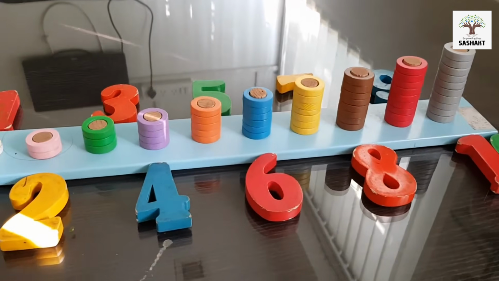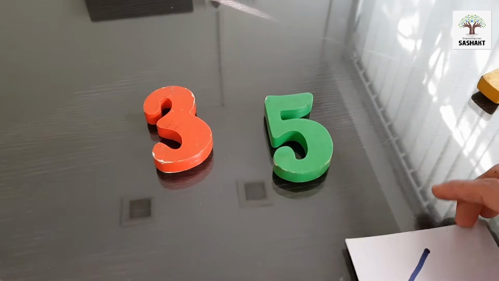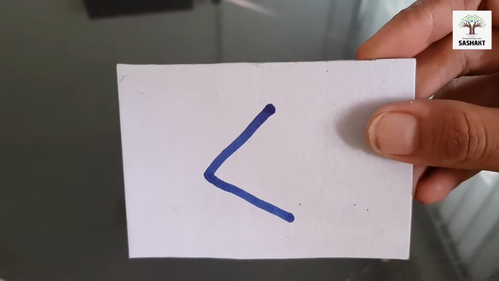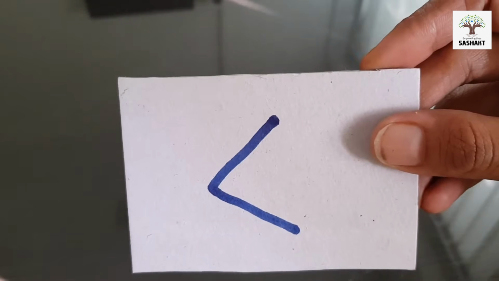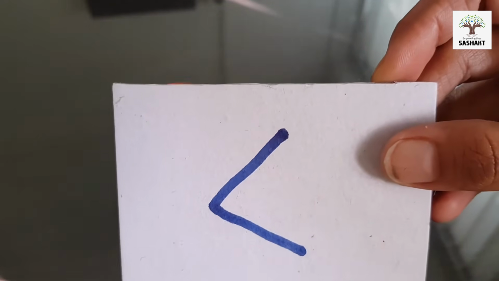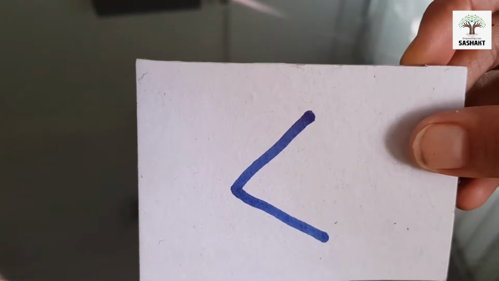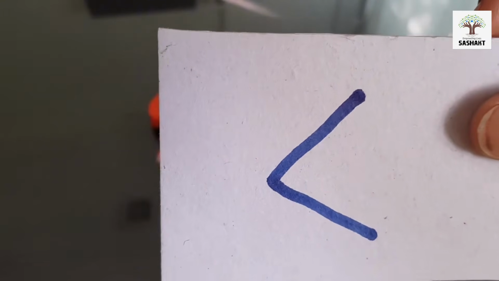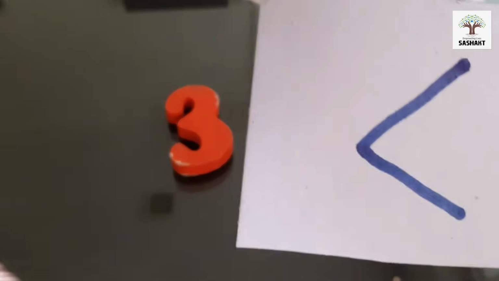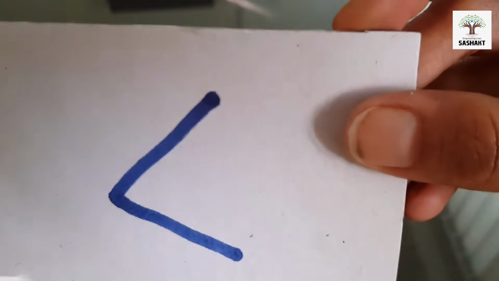And then from here the next step, as I said, is you will introduce this sign. Now this sign can be done very interestingly, that I like to call it Ali the crocodile or Ali the alligator. So the crocodile has got his mouth wide open like this and crocodile likes to eat only the bigger numbers. So the crocodile will go towards the bigger number.